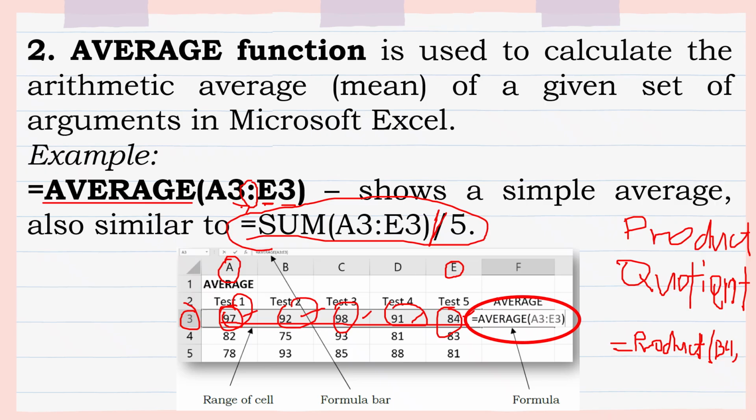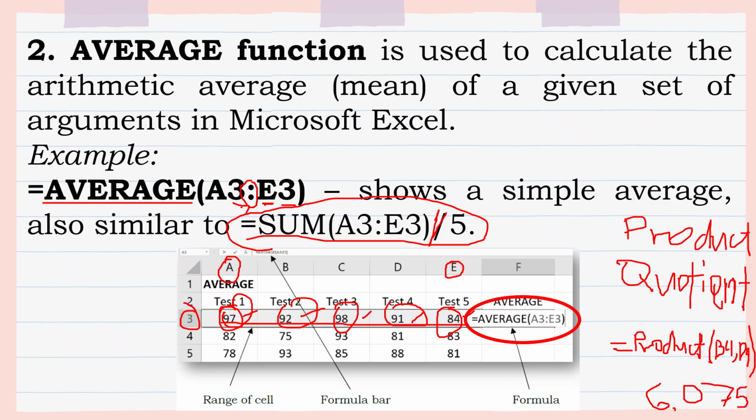Erase muna natin. We have D4 and close parenthesis. What do you think is the answer? B4 product of B4 and D4. That is 6,075. Double check it. You can use your calculator. Okay? Correct me if I'm wrong.